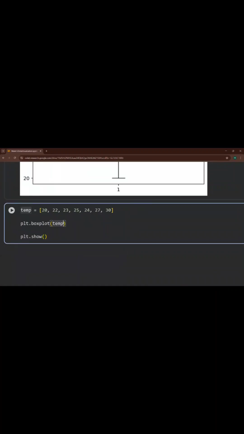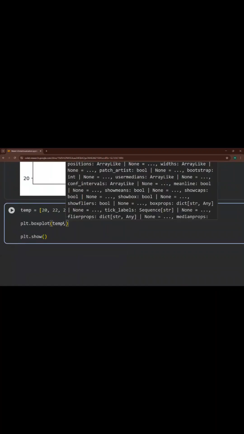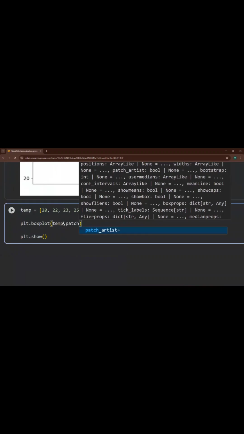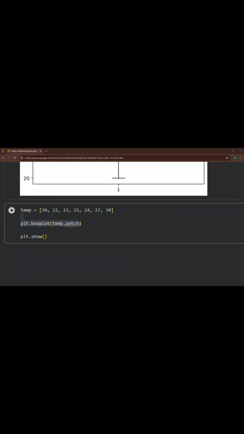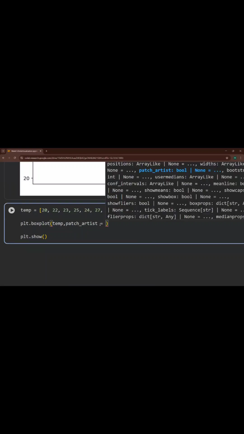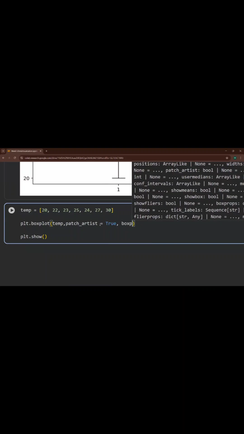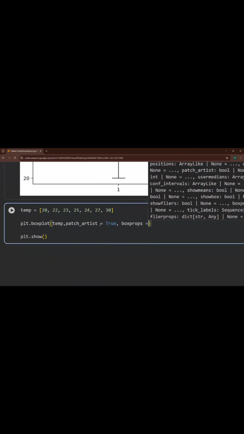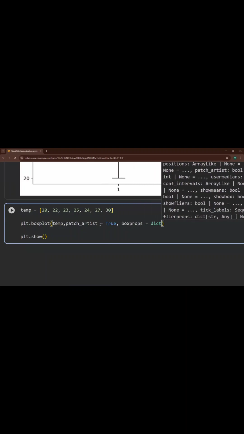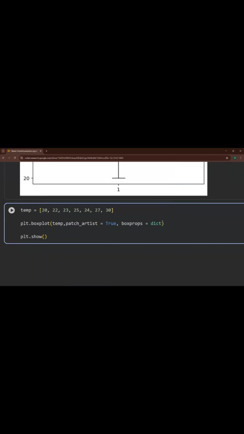Inside that only, first of all, I will add one thing which is named patch artist. Typing will be a little slow today. I'm so sorry about that, guys. Box props is equal to dict, which means dictionary function. Let me just complete this.